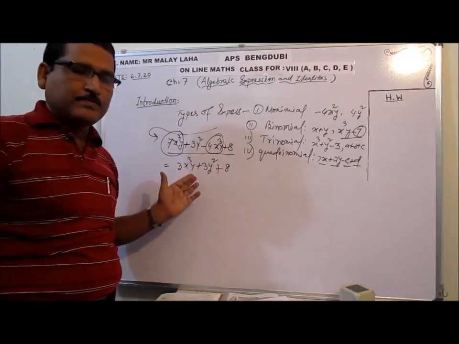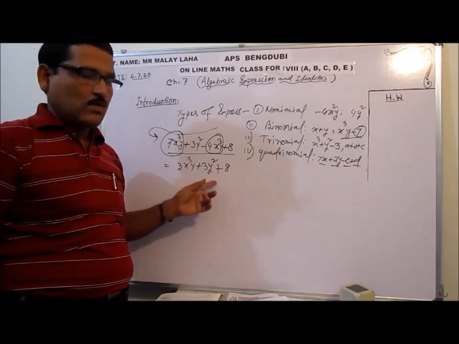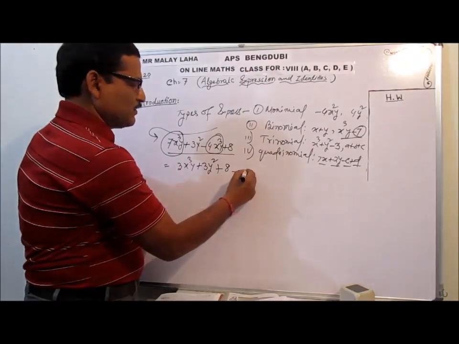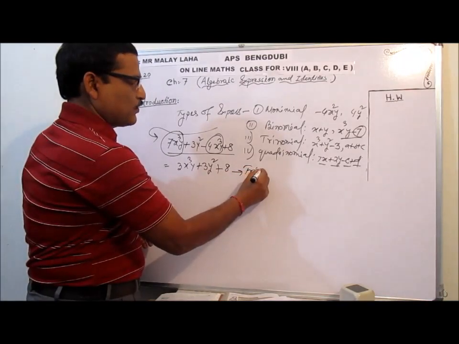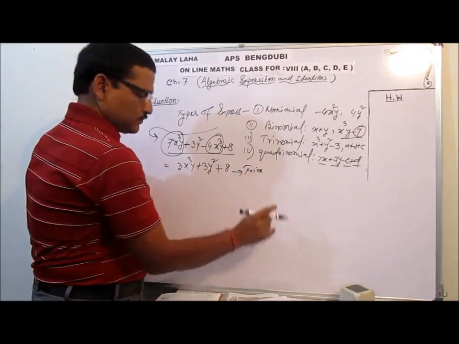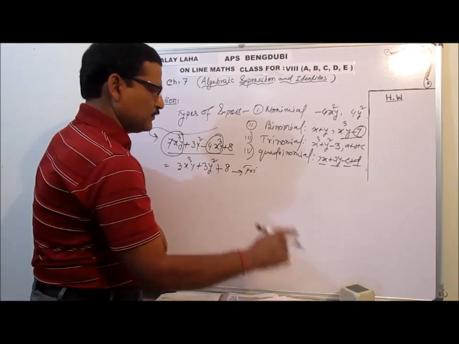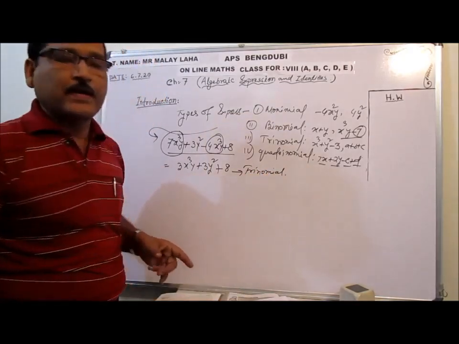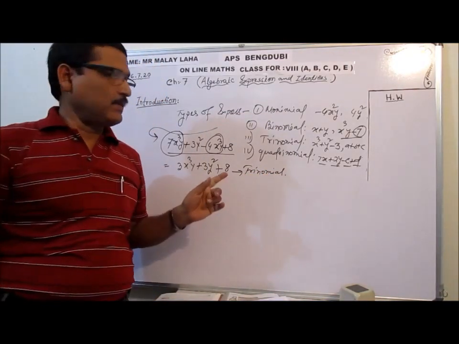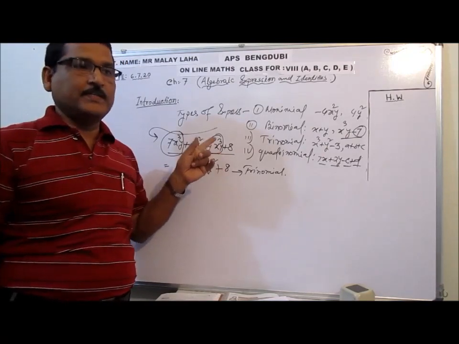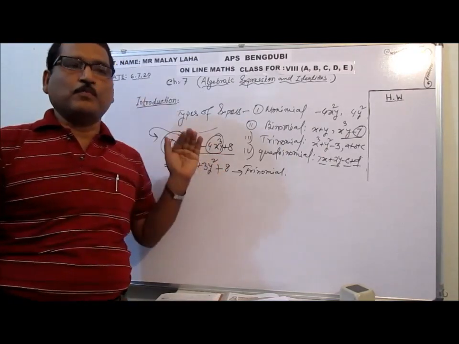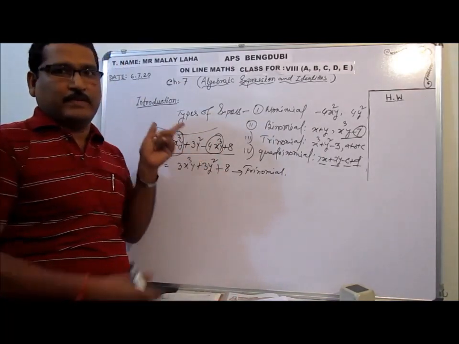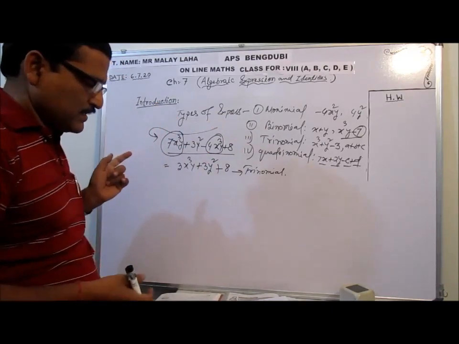Now I cannot reduce further. What type of expression is it? It is a trinomial. Finally here the answer will be trinomial. So this type of question may come in your exam. If it is coming as objective, I will give you: identify the terms. It is a binomial, it is a trinomial. So options will be monomial, binomial, trinomial. You have to think about it and you have to answer it in the right place. Okay? So now next coming